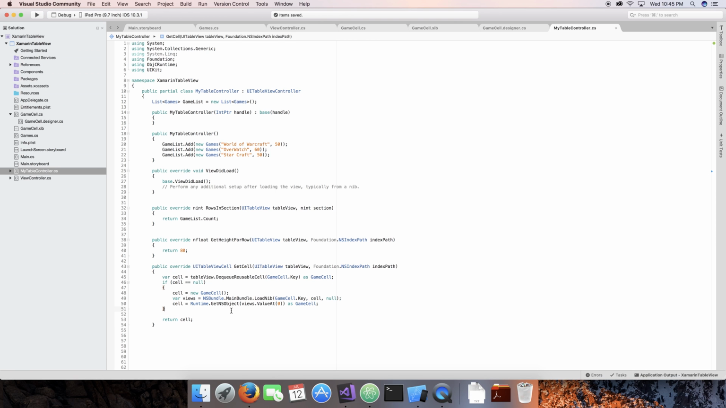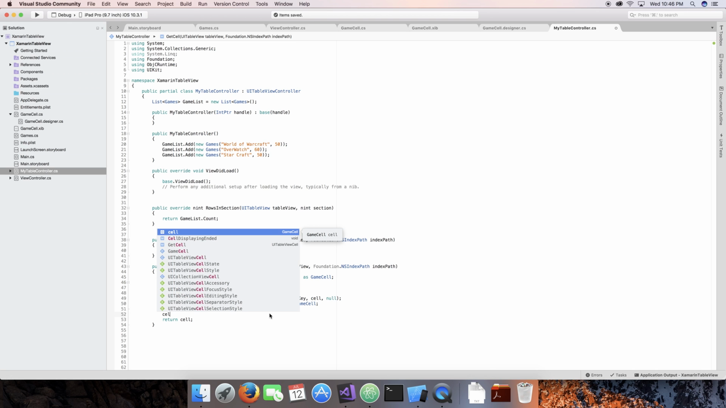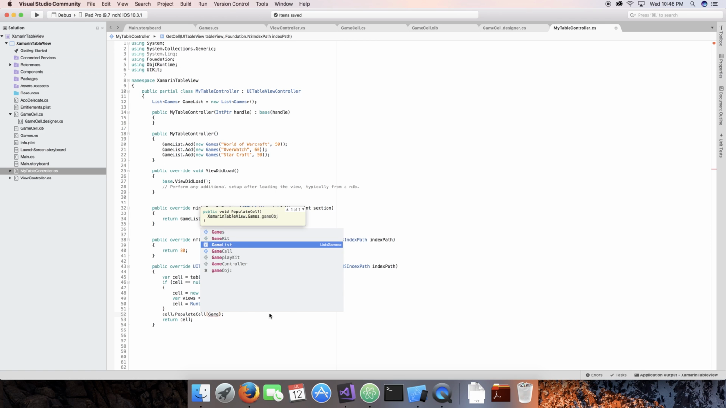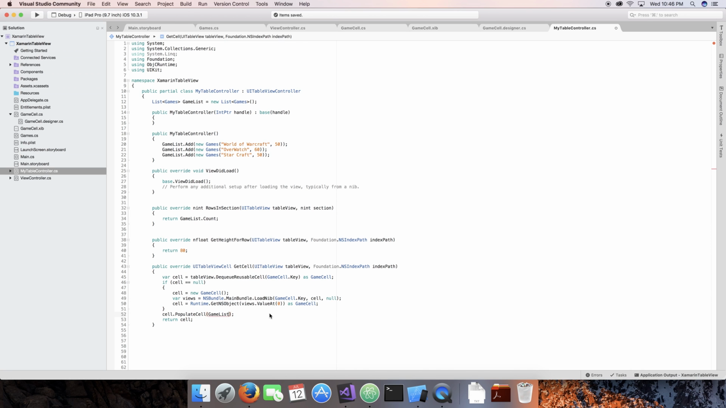But there's one last thing we need to do. And that would be to actually put unique information in this cell. So what we're going to do is go cell.PopulateCell, that function that we created earlier, and pass in our list items. So how we do this is actually a really cool feature that's built in. So we've got our game list, and then we're going to do it by index. And then if you notice right here, there's